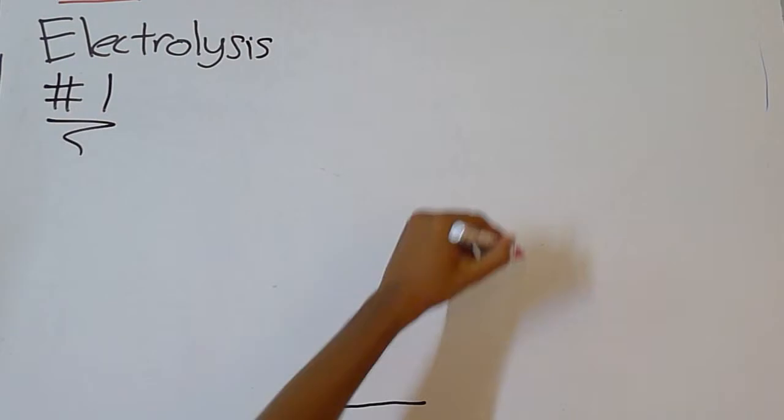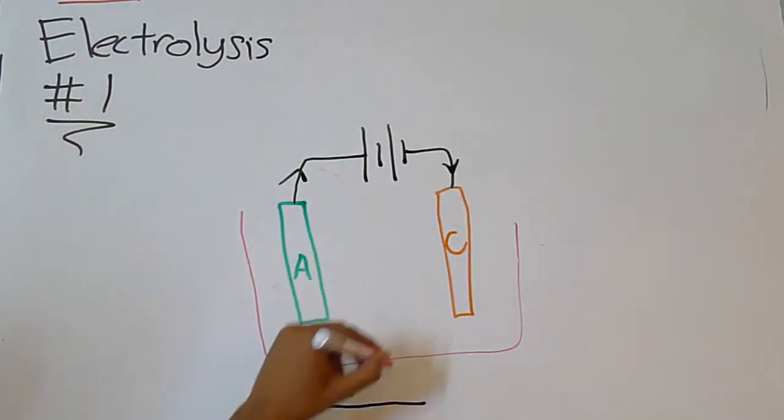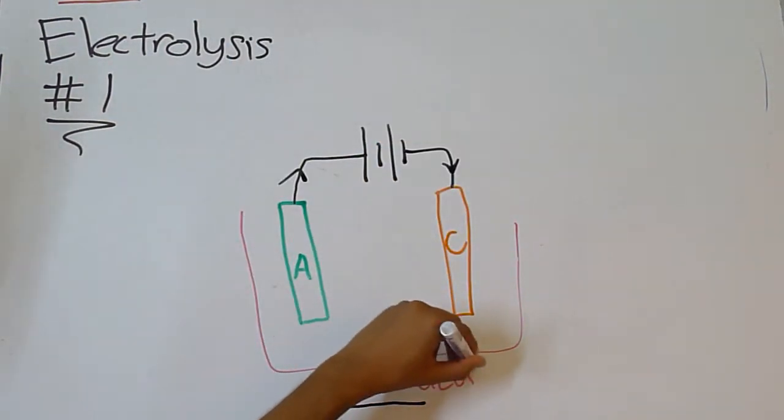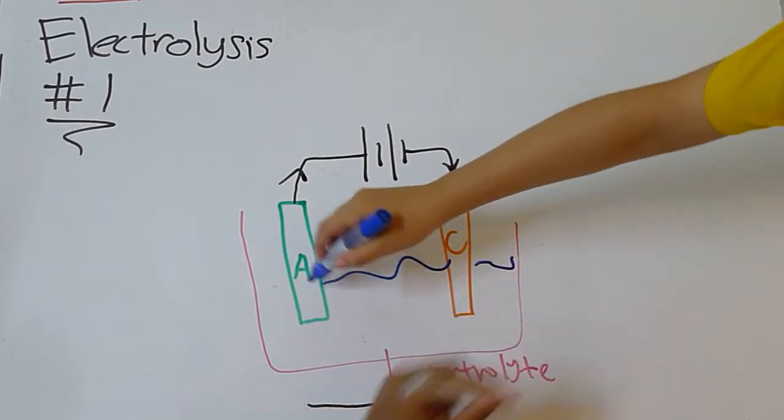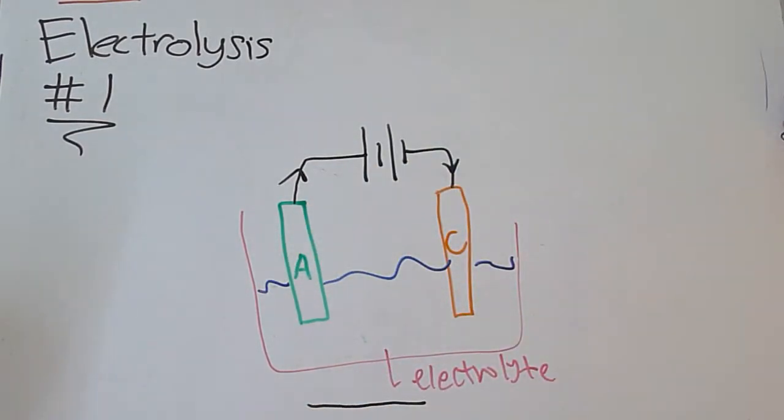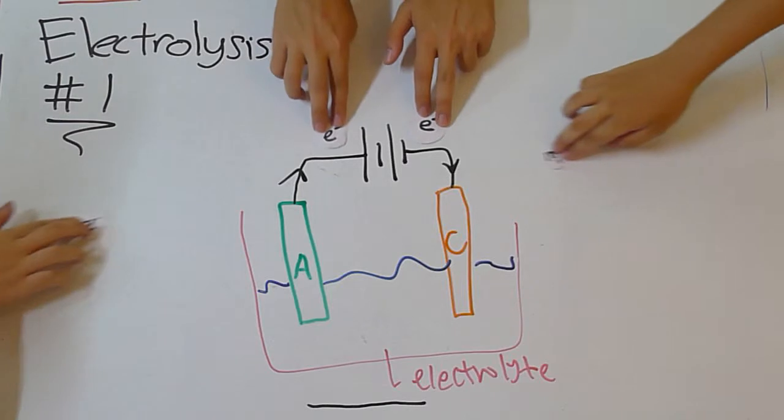In scenario 1 of electrolysis, we have both the cathode and the anode. During electrolysis at the cathode, cations, which are the positive ions, move towards the cathode. Cations receive electrons from the cathode. Reduction occurs at the cathode.